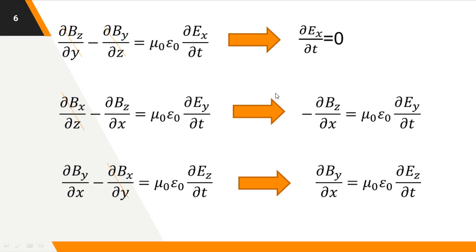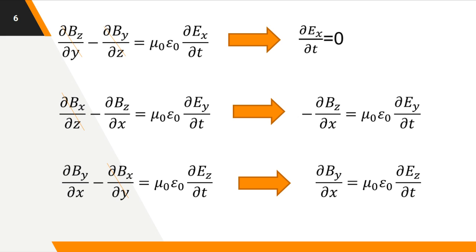So what these four terms say: first, second, ∂Ex/∂x equal to 0, ∂Bx/∂x equal to 0. And the third and fourth equations, the first part says ∂Bx/∂t equal to 0, ∂Ex/∂t equal to 0. That says the component of the electric field or the magnetic field in the direction of the propagation, with reference to space or with reference to time, is constant, no variation. That confirms the electromagnetic wave is propagating because of the variation of the electric and magnetic field that does not happen in the direction of the propagation.